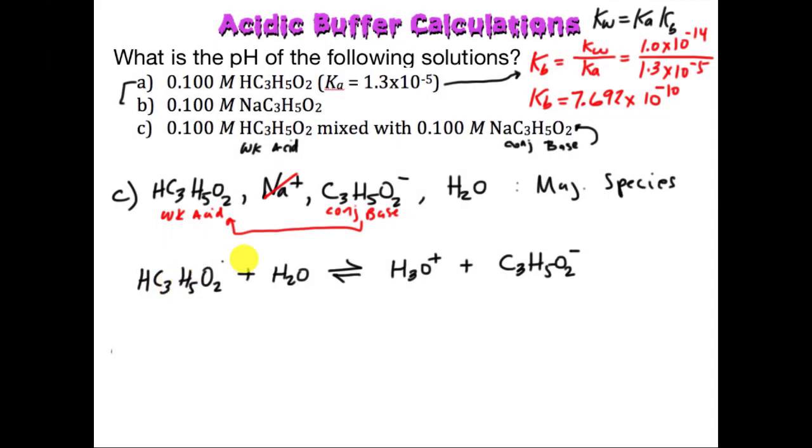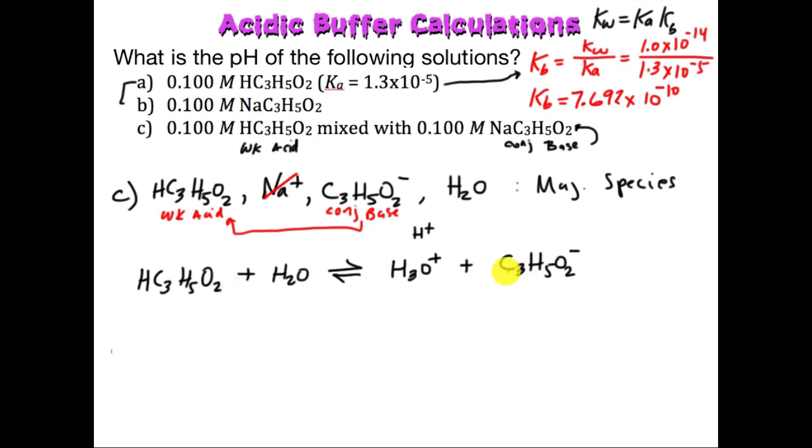Okay, so you could argue that water is in here reacting because it really is, but a lot of times we drop the water out of these reactions. So you're going to see a lot of the book problems and a lot of things chemists do, especially in college, they're going to drop that water out and you're going to have left behind just that hydrogen ion. So you're just going to focus on the dissociation of the acid. You could put water in here and react it, that would be fine,